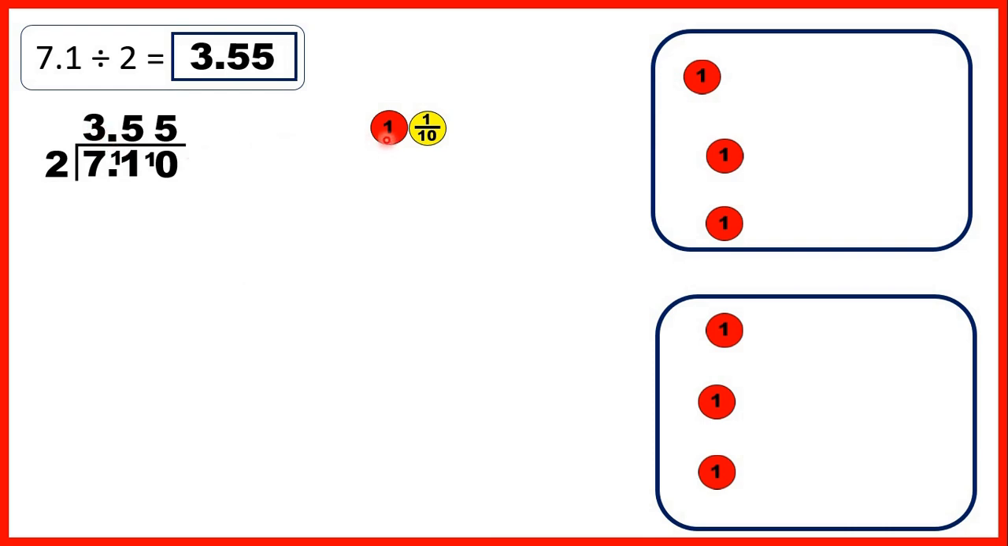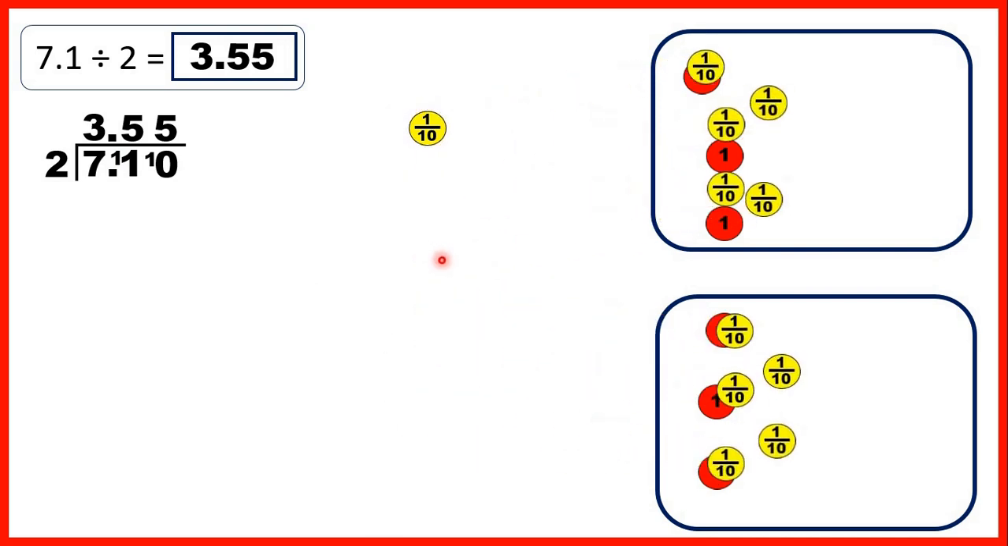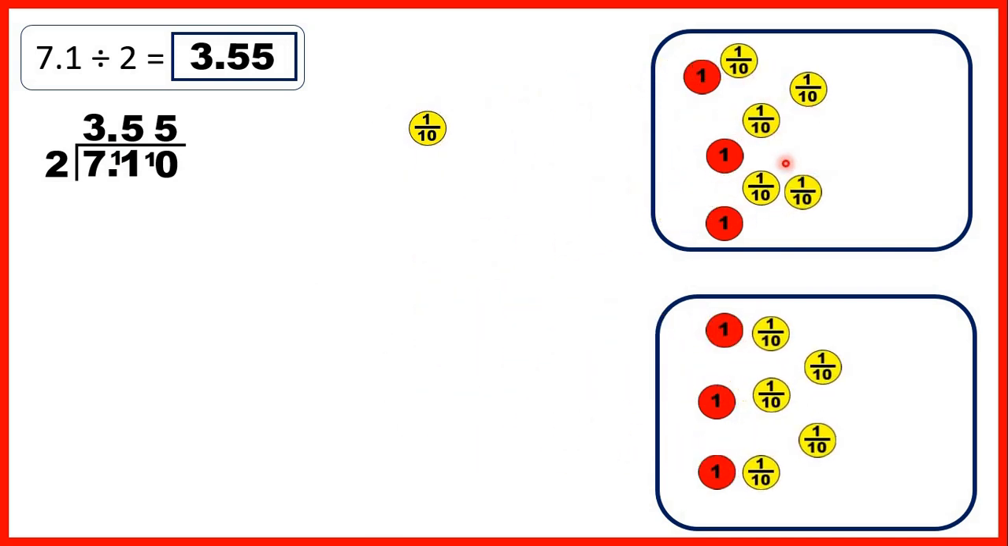We can write the remainder in front of the tenths because 1 is the same as 10 tenths. That gives us 11 tenths. When we share those out, we have 5 tenths in each group, so that's why there's a 5 in the tenths digit of our answer,